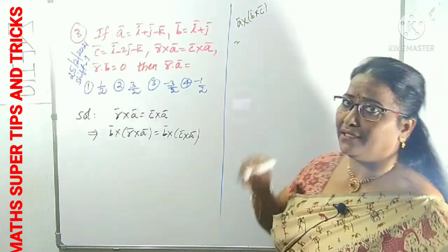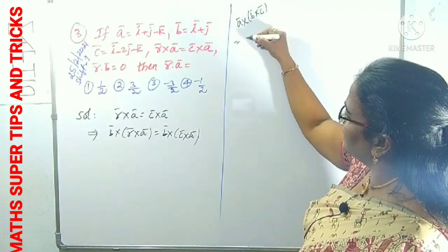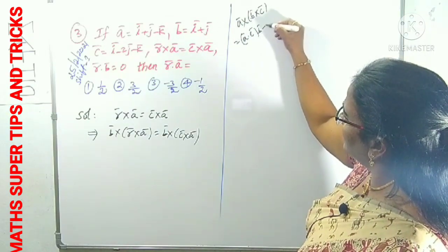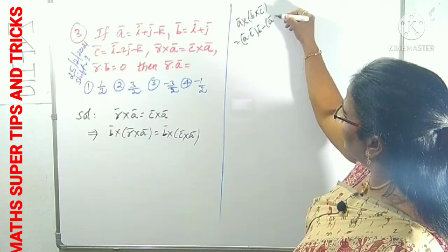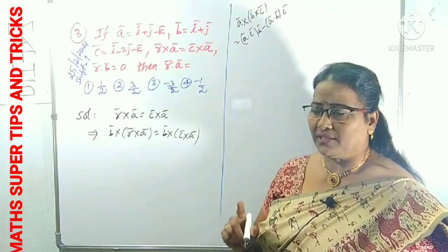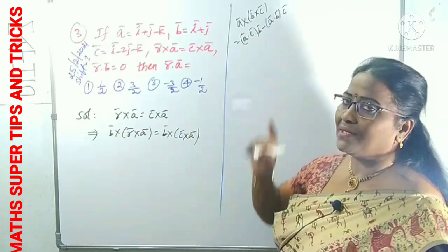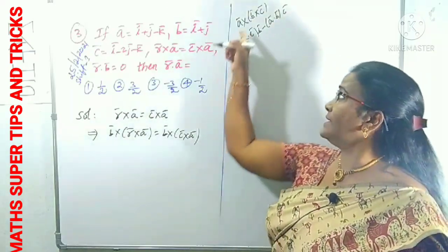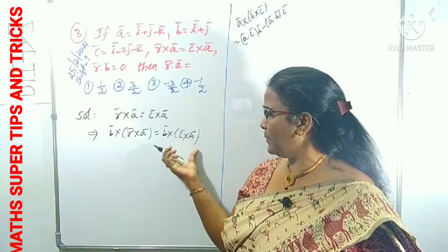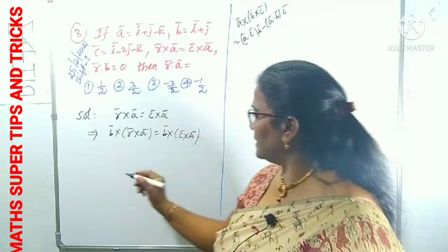Already I have explained what the vector triple product A cross of B cross C is. I have given the hint, I have given the tip. How can you remember it? Just take the dot product of the first and last vectors, A dot C into B bar, minus the dot product of the first two vectors, A dot B into C bar. A, B, C may be any non-zero vectors. We can use the vector triple product like this. Clear? According to that, the left side is a vector triple product, and the right side is also a vector triple product.